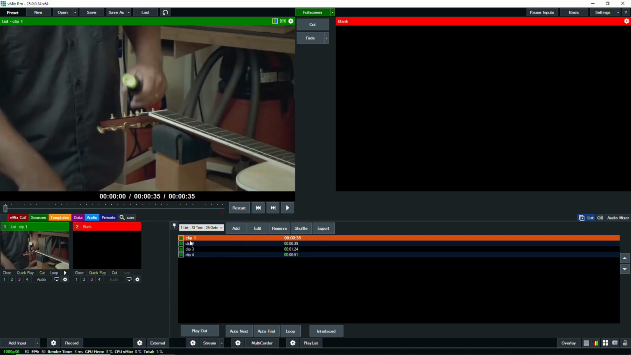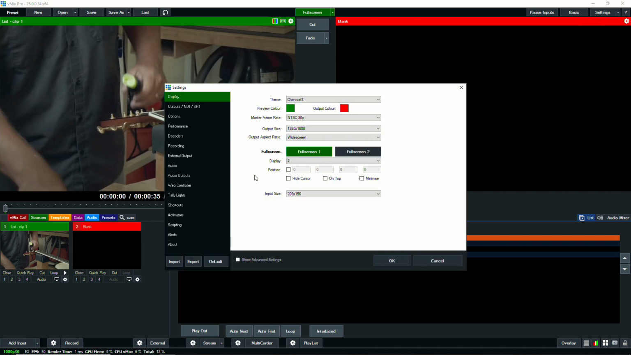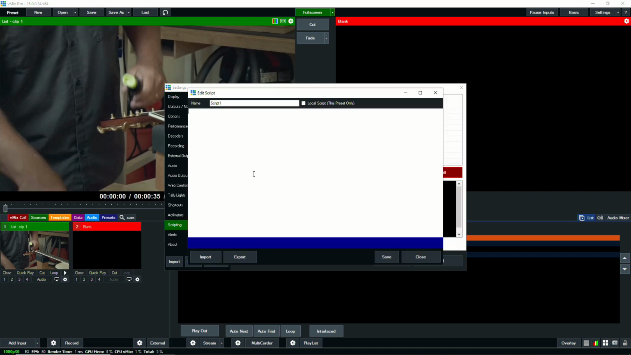Next thing we're going to do is write a very simple script that will take care of moving to the next clip once we've finished playing the first video clip. So settings, scripting, we're going to add a script. We're going to call this next item, and the script is simply function equals next item, and you have to be very careful with that because these are vMix functions. And the input equals list. That's the name of our video clip